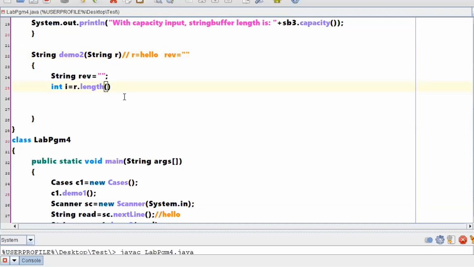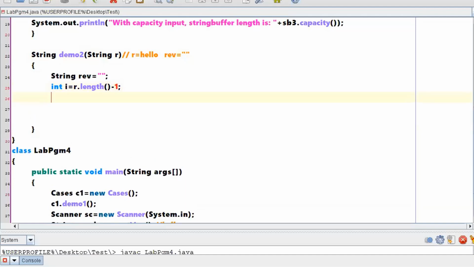Now what I will do is I will make minus 1 with respect to this particular length. Now while i is greater than or equal to 0,